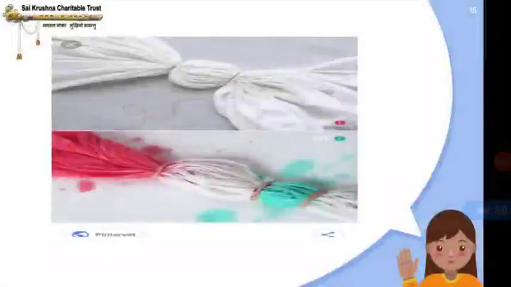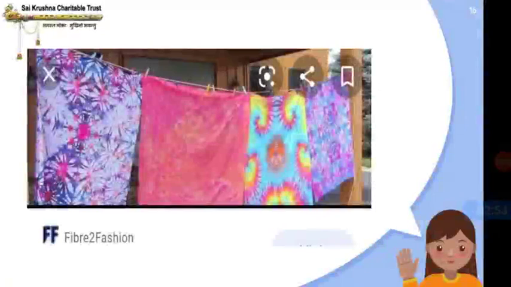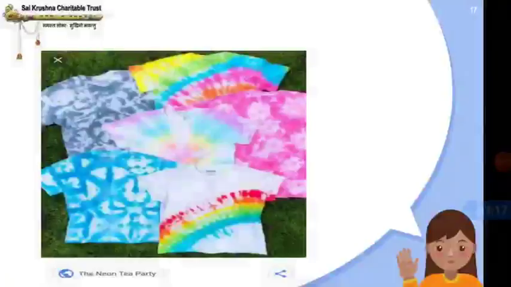I will show you. Like this they will knot the cloth, then they will dry it. Okay. First they will knot it. You can see they will tie it into knots with a thread, then the cloth is dyed, colored, and then they will dry like this. Okay. So there you can see different beautiful patterns are formed when the knot is opened. Okay. Can you see children? This is tie and dye.